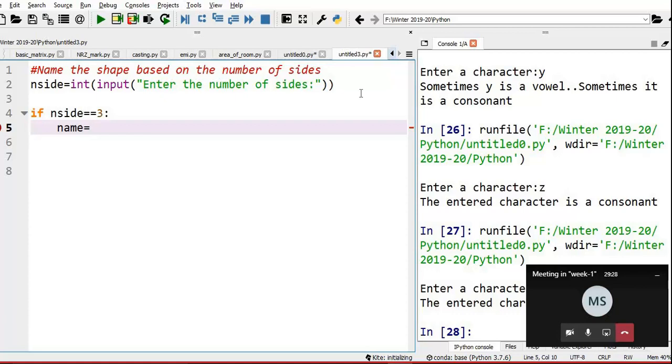Every time you can print it's a triangle within each if else, or alternatively you can assign a variable, and finally you can print. You can choose the programming as per your convenience. Let me give the name. It's triangle.